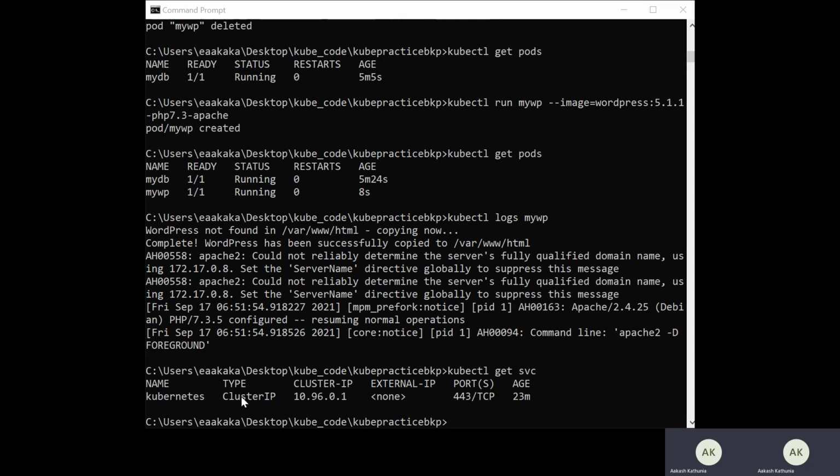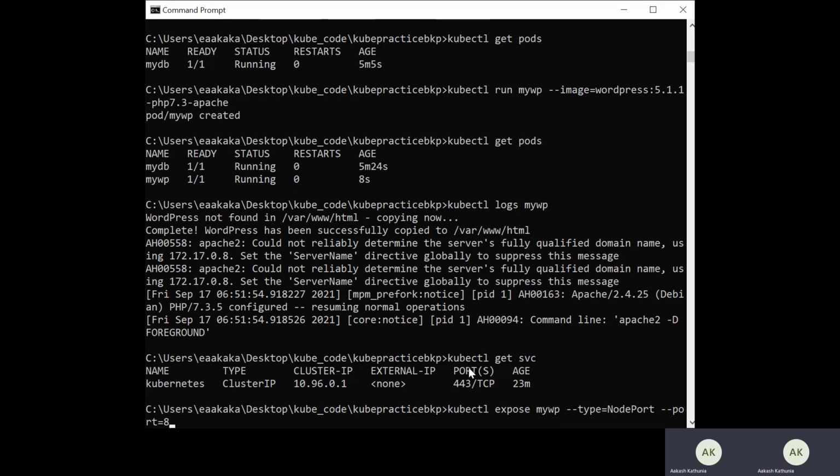In order to define the node port, I need to expose this pod my WordPress. So I need to run the command kubectl expose my WordPress, then hyphen type equal to node port, and then hyphen port equal to 80.